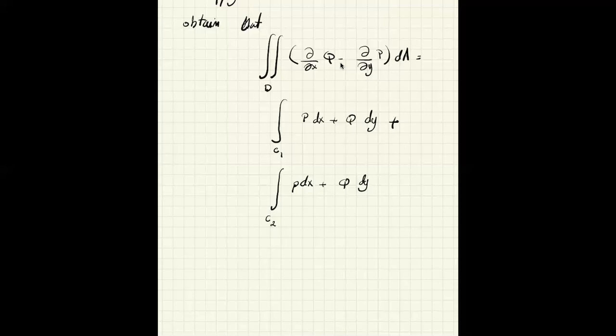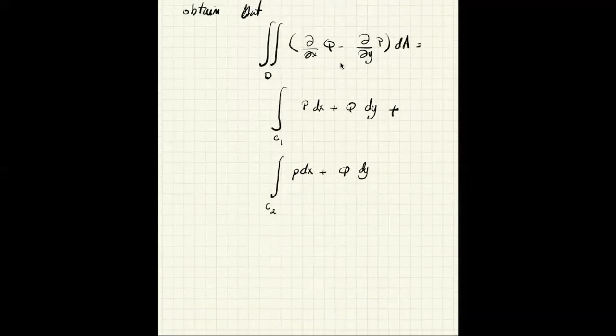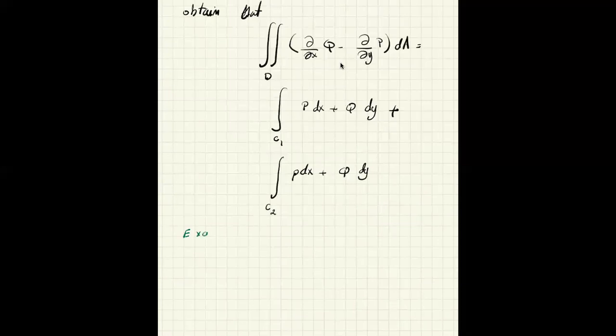Okay, let me go back to the example. I want to finish the example. So this example is a bit long in terms of calculations, so I'm not going to do the calculations in detail. I will let you do them by yourself. But the idea is to show you how you can use these tricks of avoiding certain points. So for example, take the vector field